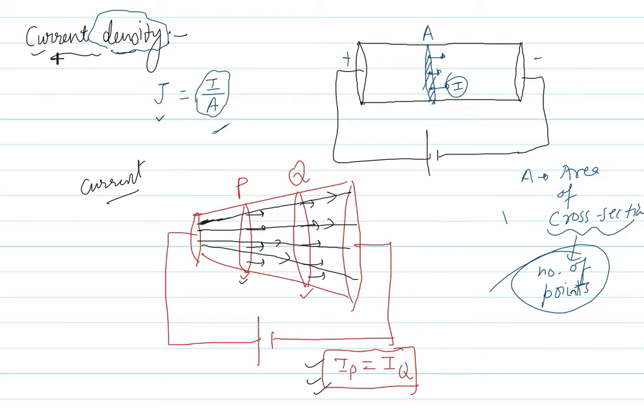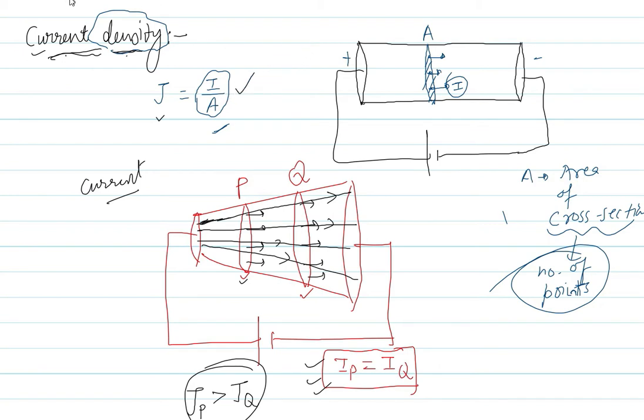So you can see from the name, current density means density of current, and now you can see from this picture that current density at point P is greater than that at point Q, right? So this is the actual concept of defining current density. We actually define current density as the density of flow of current. And the way we introduce the expression is I by A, right?